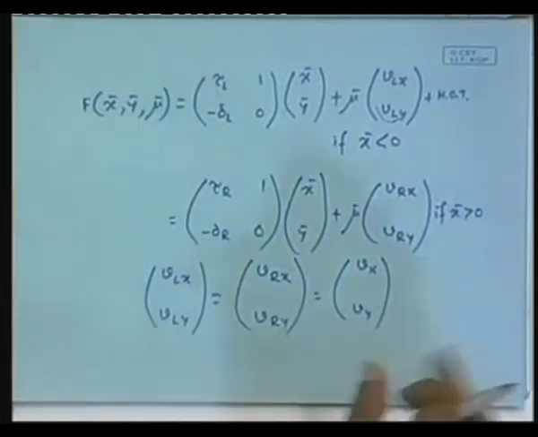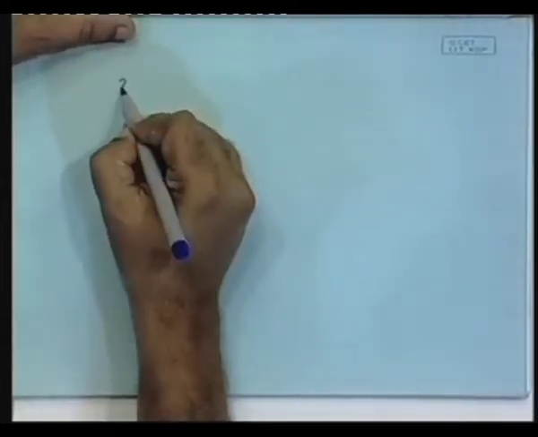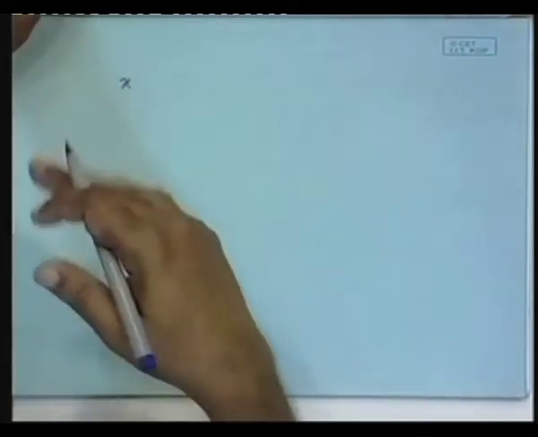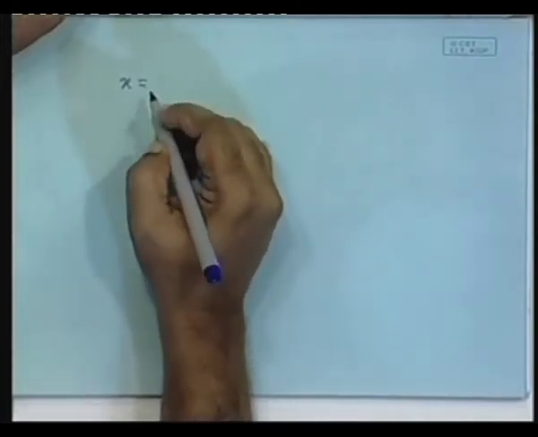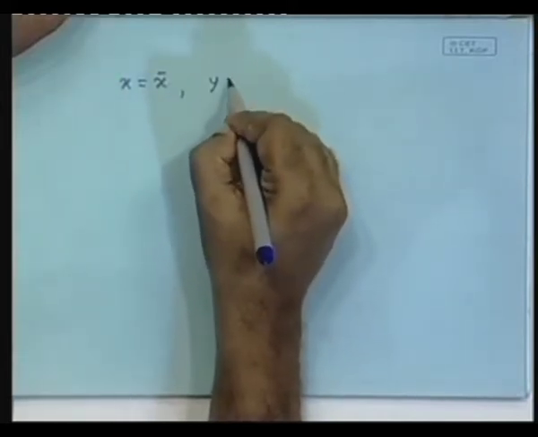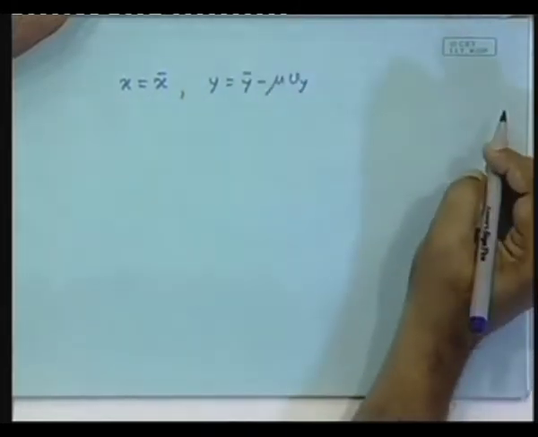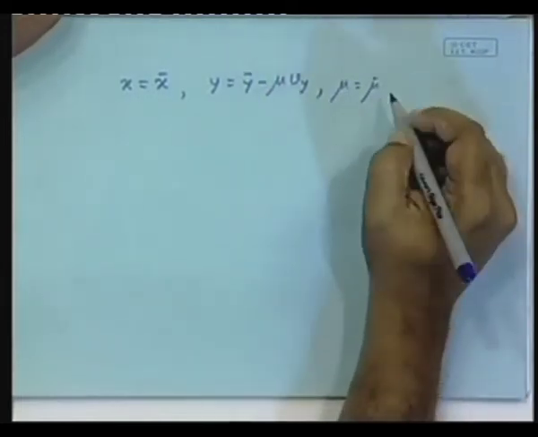So, we have arrived at that conclusion. Now, we make the final coordinate transformation, where we say x. Now, this is where we arrive at x. So far we are using tilde, hat, bar, but now we arrive at x. The final choice of the coordinate for our convenience is then x bar, but y has to be changed to y bar minus mu v y, and mu is mu bar times